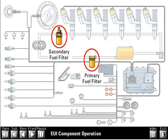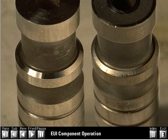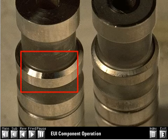The difference between normal wear and excessive wear on a poppet valve seat illustrates the importance of proper filtration. On the left, you see a poppet valve seat with normal wear after extended use. Notice the condition of the sealing band on the poppet seat. While some wear is present from continued exposure to high-pressure fuel, the sealing band is still in good condition and